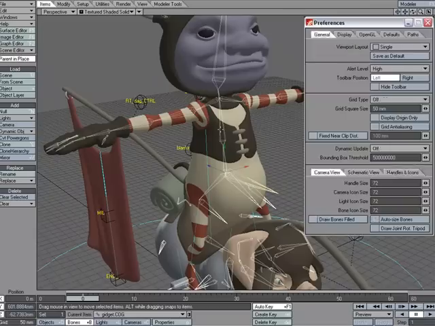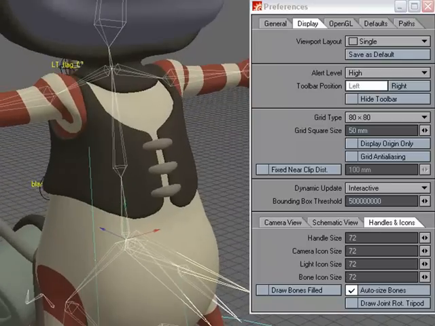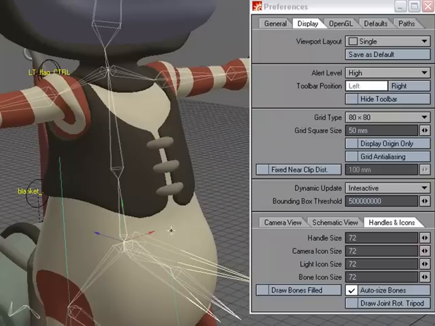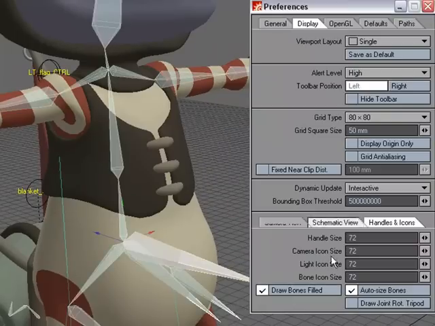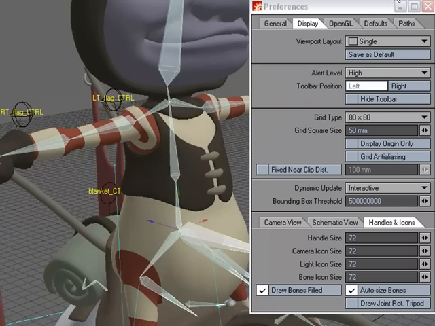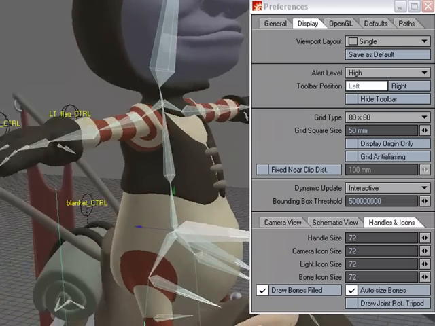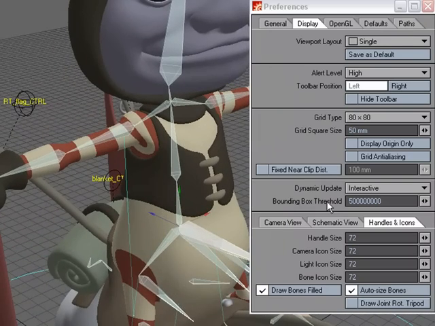So I'm going to hit D for display options, head over to the handles and icons tab, and let me actually zoom in just a little bit more. We'll take a look at this midsection of bones. And what I can do is I can turn on the draw bones filled option, and instead of seeing a wireframe type view of the bones, they've got this transparent fill to them, which makes them, in my opinion, easier to see. Okay. We can also change the bone icon size, and so if I just use the mini slider